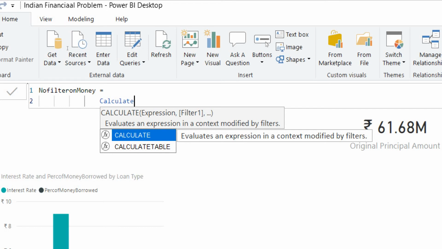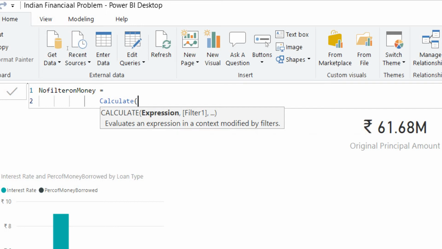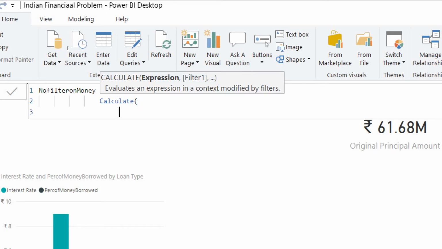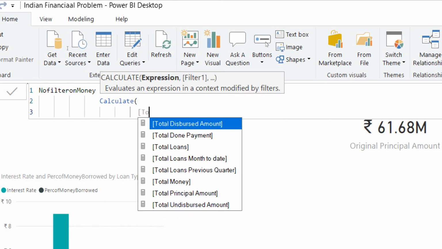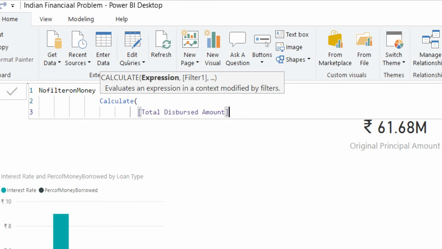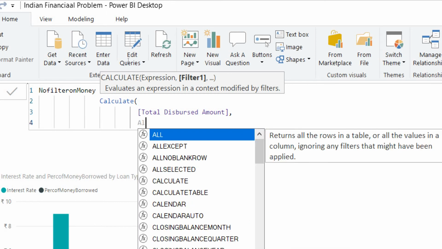That means I need everything except from this particular table column, this particular measure which I am going to mention. That means the data will be completely filtered down, leaving this column or this particular branch aside, and will keep everything at one particular time. So let's just see it. So CALCULATE, I'll use the total disbursed amount, and as I'm doing it I will use the ALLEXCEPT,